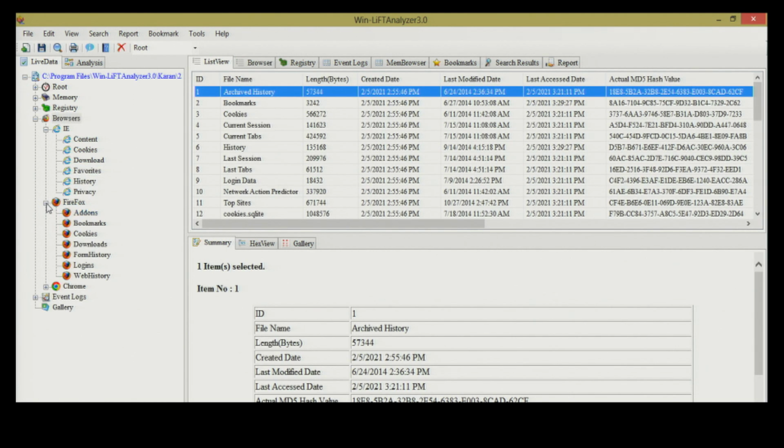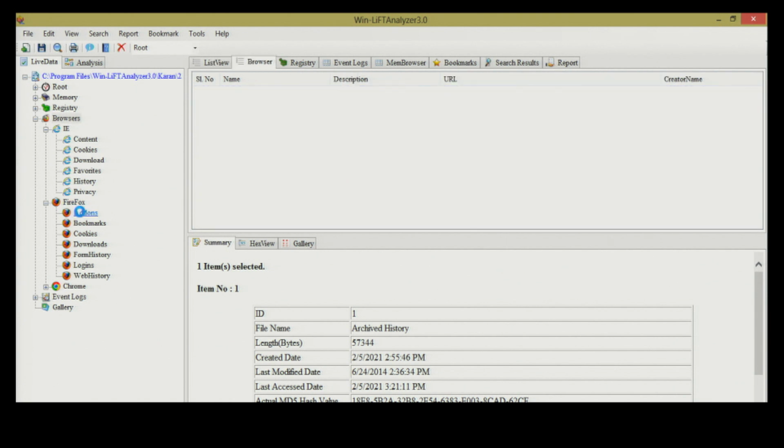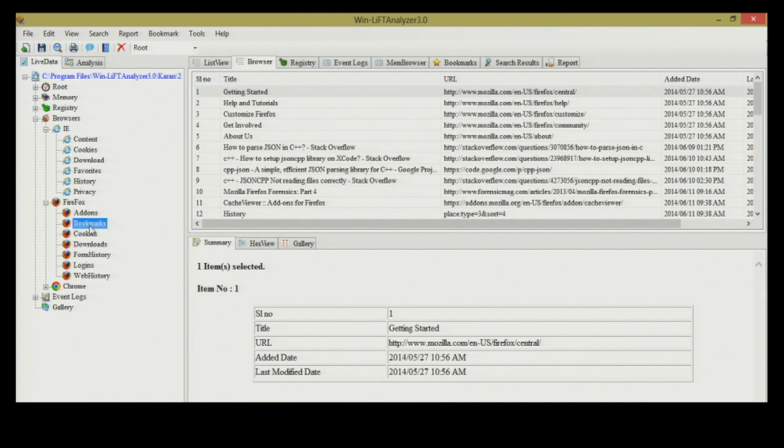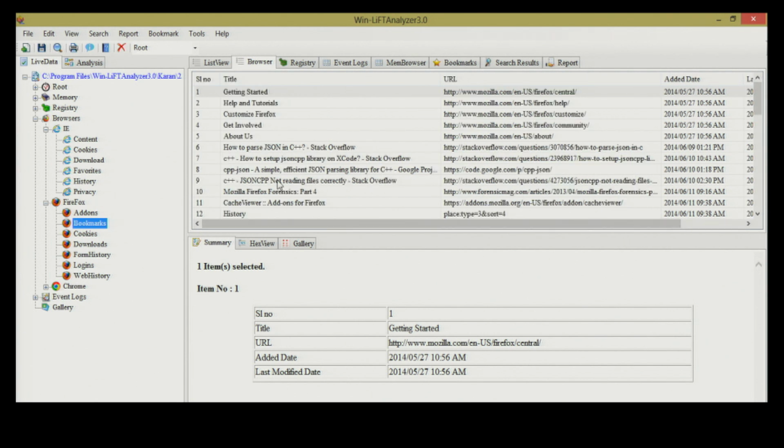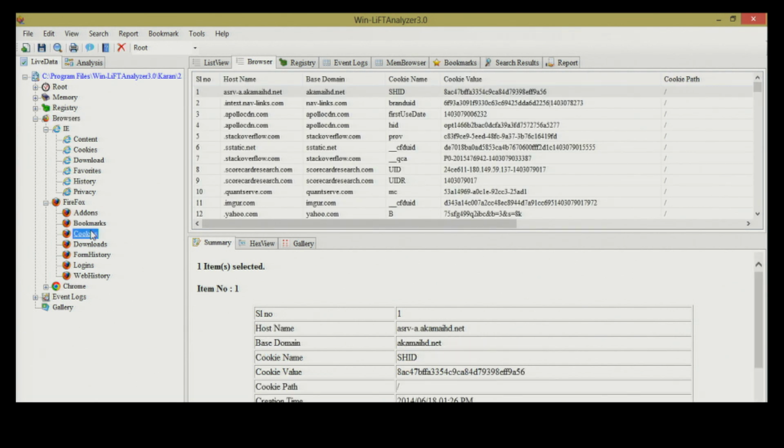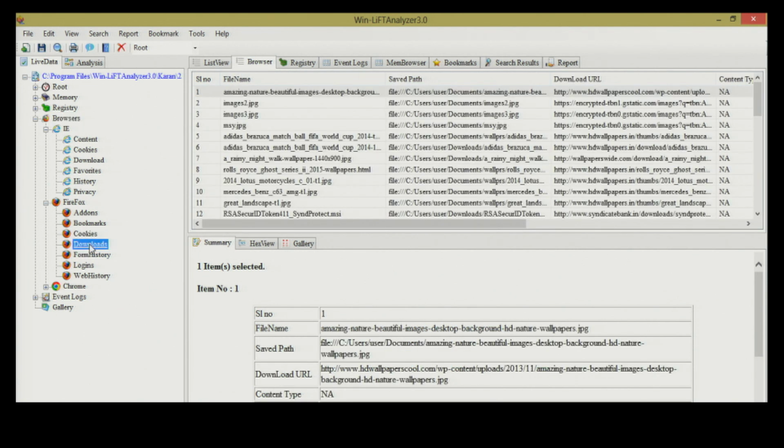Suppose the suspect has used Firefox instead of Internet Explorer, then the Firefox information is also here. So this is the title, this is the URL that has been bookmarked, and the last modified date and time, so everything has been displayed. Similarly the cookies of the suspect machine. So all these browser details, including cookies, including downloads,